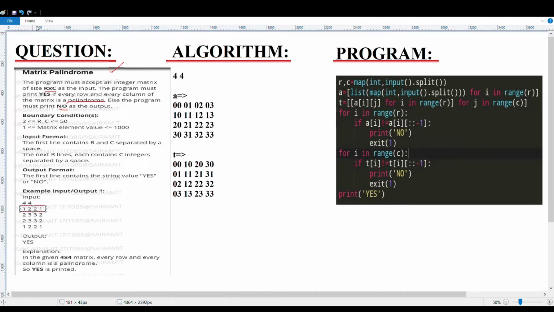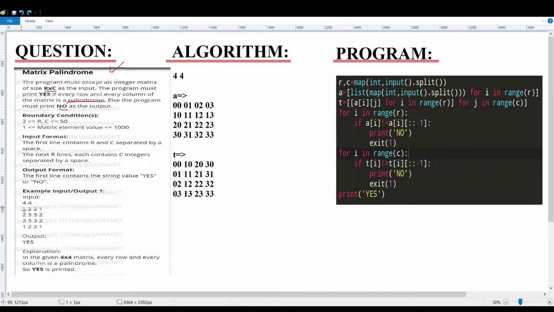Then you move below and see 2 3 2 3. When you reverse it, it is also 2 3 2 3, so again this is true. Now the next part, again 2 3 2 3. You reverse it, again it is the same. Next 1 2 1 2. When you reverse also, it is the same. So the rows are correct here.